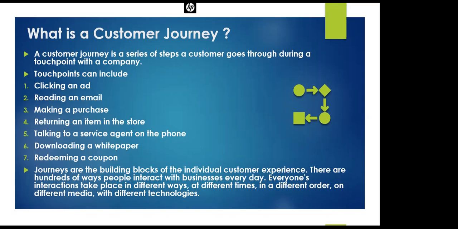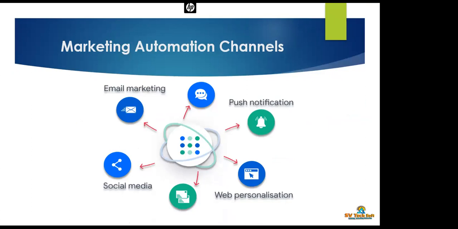So guys, what are all the marketing automation channels? What customer journeys can we build, and through which channels can we reach our customers? We can reach our customers via email. We can reach our customers via social media. We can reach our customers via push notifications, SMS, MMS. We can reach our customers via web personalization, like showing personalized content on our website based on the data available with us. Based on the data available with us, we can engage that customer via emails as well. Based on available data, we can engage that customer on social media.